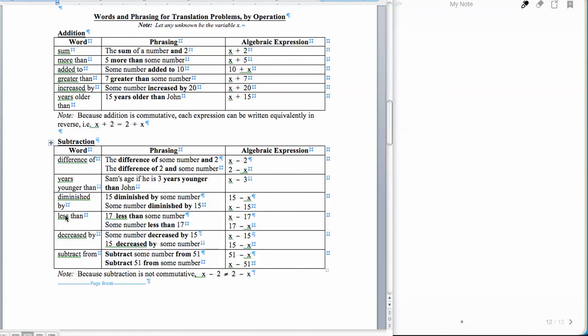But when we see years younger than, less than, you see that we have a reversal. 3 comes first, and then John's age, which we're going to represent by an x here, so it says x minus 3, the reversal of the order. You see the same thing here with the less than, 17 less than some number. So it's the number first and then minus the 17. You'll see the same thing down here with subtracted from. You subtract some number from 51. You see the 51 comes first and then subtract the x. Really be careful of those when translating subtraction problems because they're very important. We'll discuss multiplication